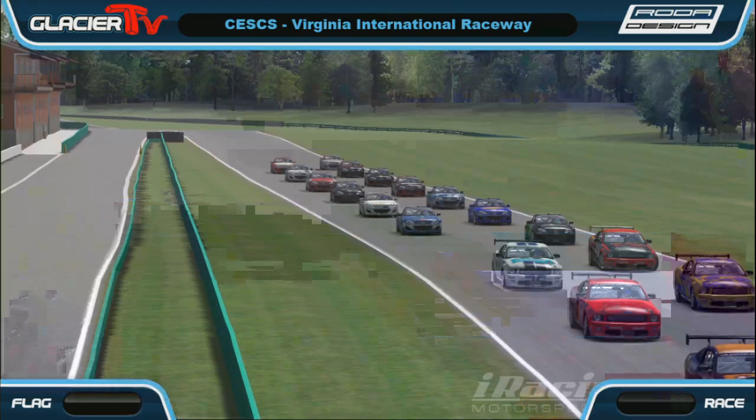Don't forget also, full course cautions are on in this series, so in the event that there is a multi-car incident, expect the pace car to come out and bring the field back to pace conditions. And Joni, we've seen in the previous races in this series that does a lot for strategy here. Yeah, it does, and full course cautions, this race series has a lot of